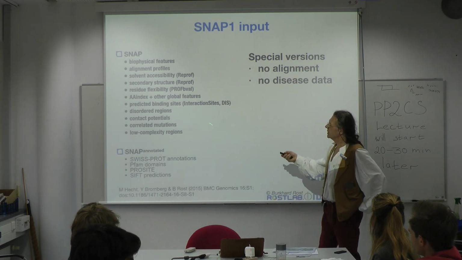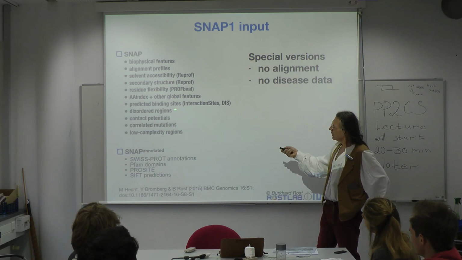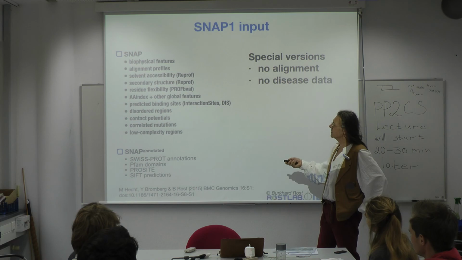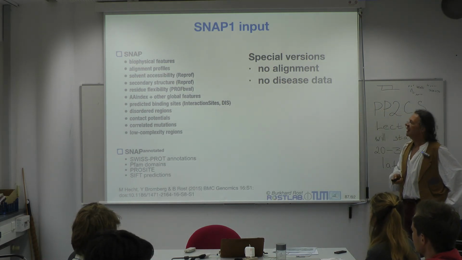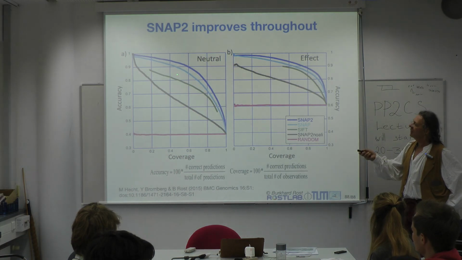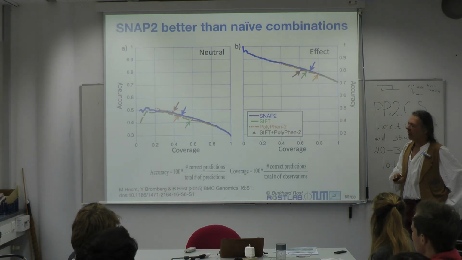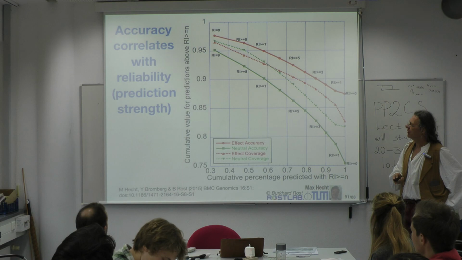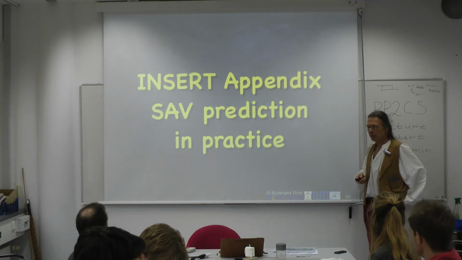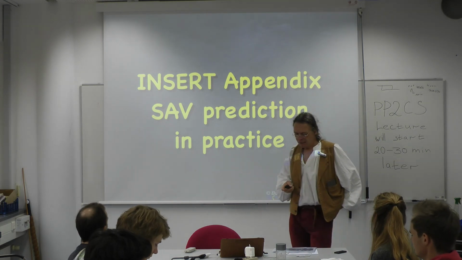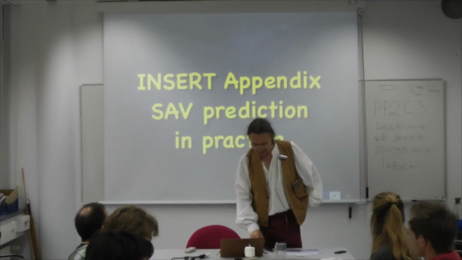He used contact potentials, disordered regions, correlated mutations, low complexity regions, many more amino acid indices, and improved from the light blue to the dark blue, and does overall develop the tool that overall SNAP2 is really much better. And I will leave it at this, and